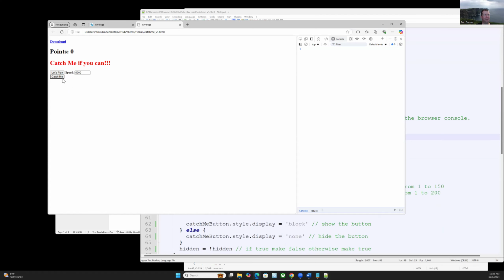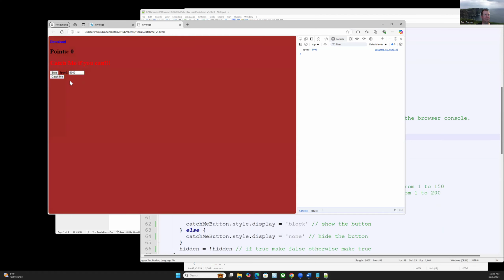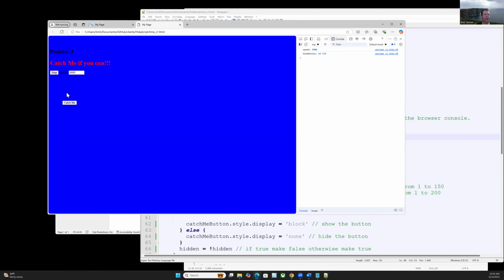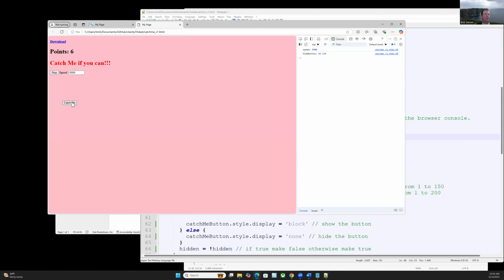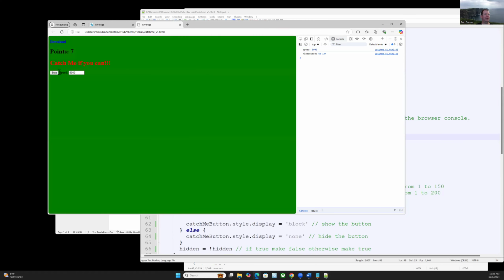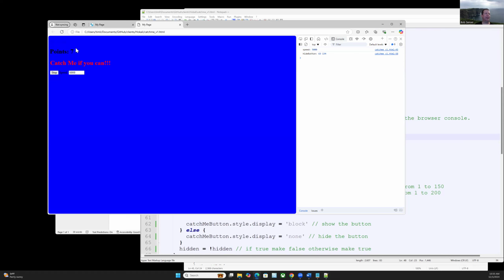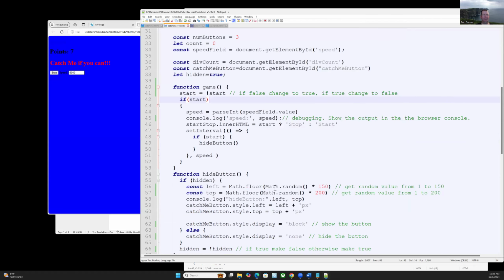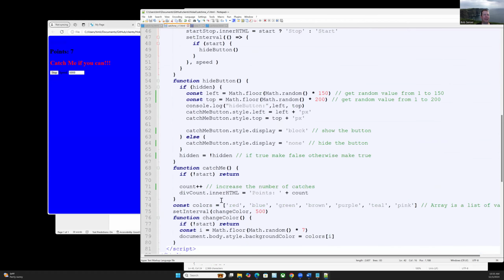Oh, I'm sorry. Play. This thing's not even moving. Now it's there. Okay, now it's moving much more slowly. So you see, when I click on it, the reason I wanted to slow down the speed is so I could demonstrate how the points here get updated. So every time you hit the catch me part,